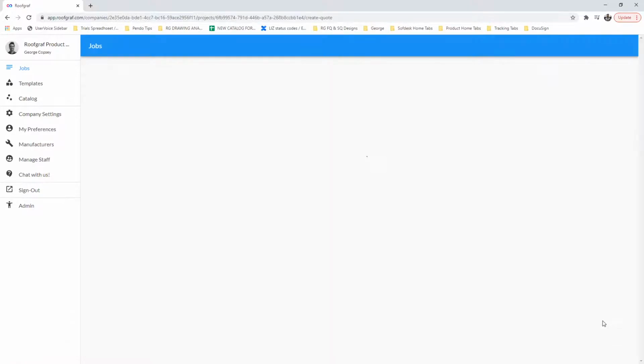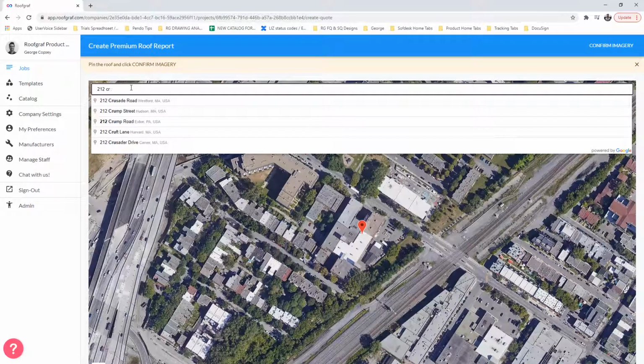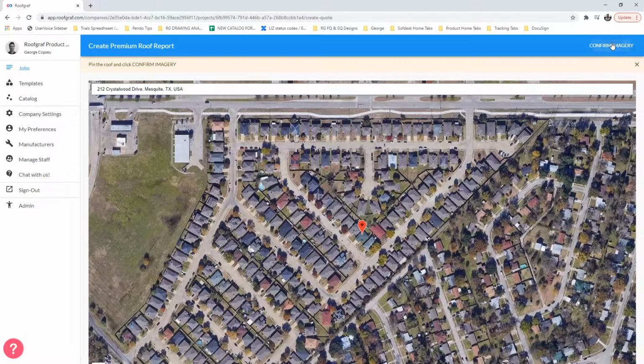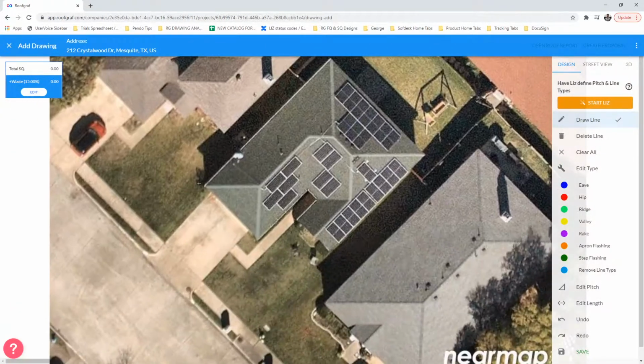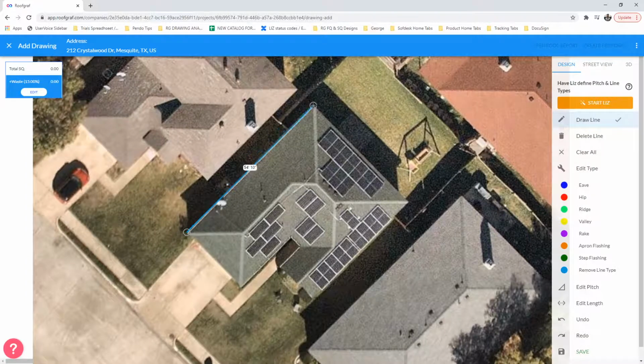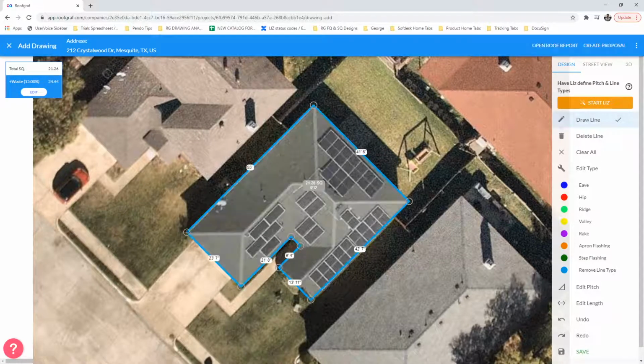So if I start with the premium, let's go in here and we'll create a project. Bear with me. There we are. So we enter our address. We confirm that we've got a suitable image, and then we arrive on the drawing tool. Now, since this is a premium roof report, we really want as much detail on that roof as we can possibly get. So as always, we're going to start by tracing out the perimeter of the roof, like so,